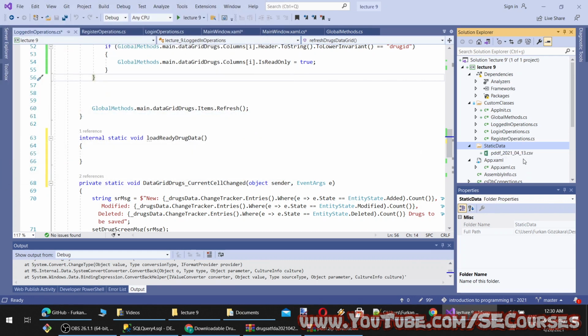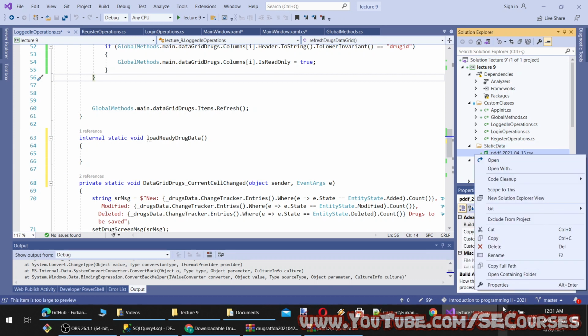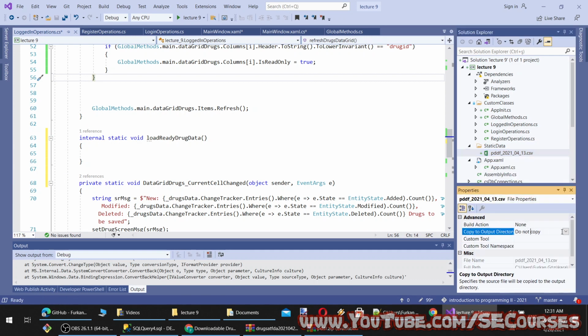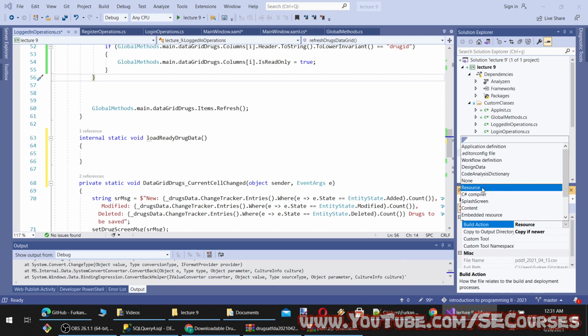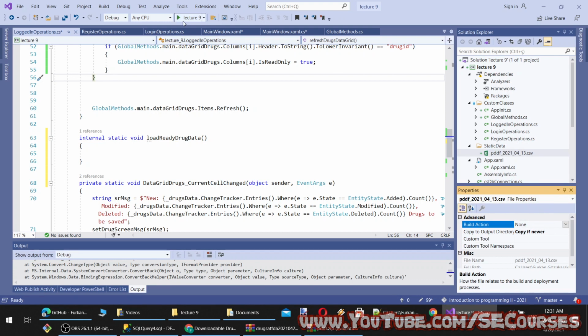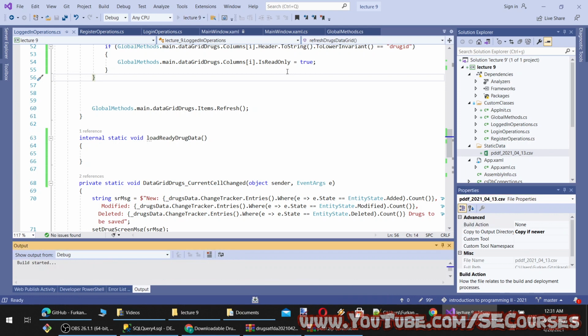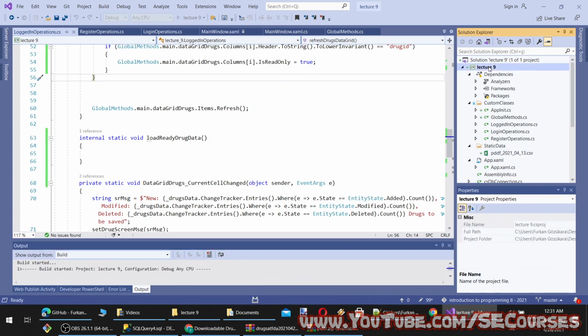Okay, I need to copy this data to the debug folder, otherwise it wouldn't work. So I'm going to set it as copy if newer, and its build action will be, yeah, let's set it as none, and let's run the application to see if it is copied as expected or not.